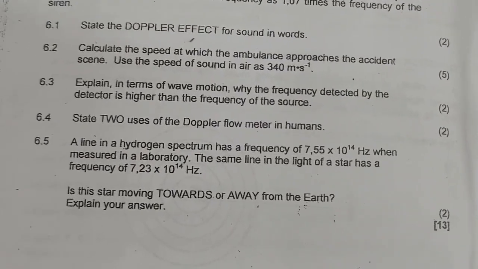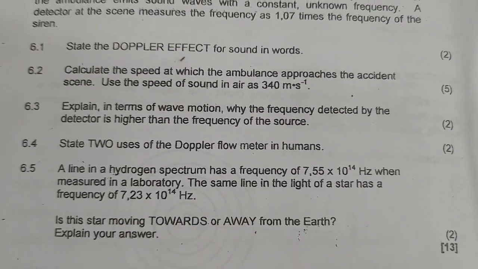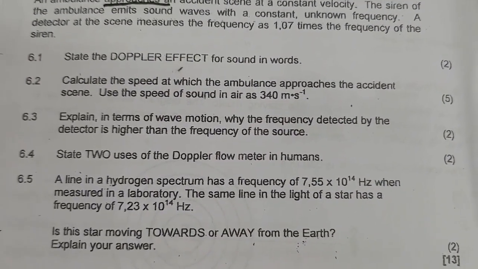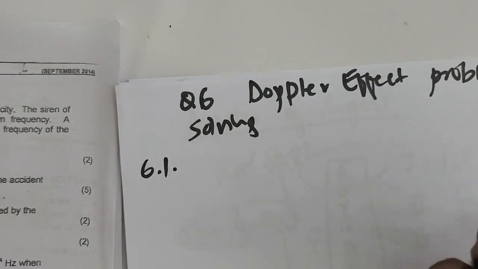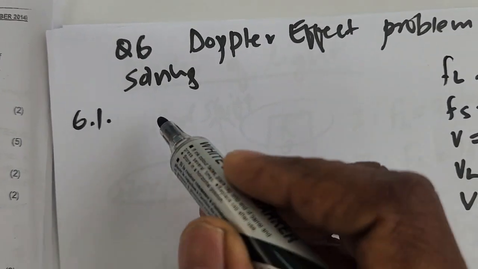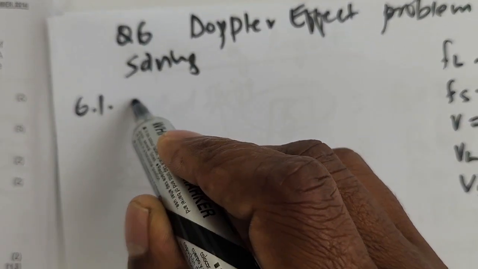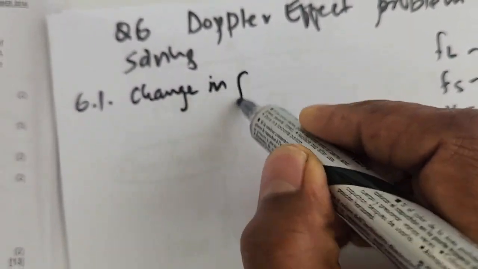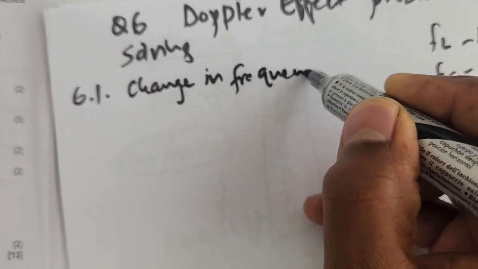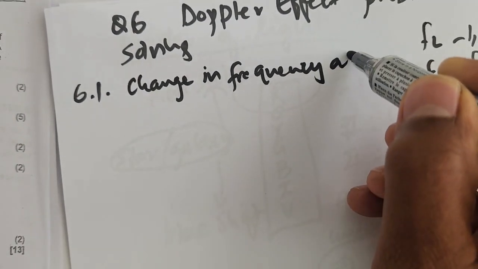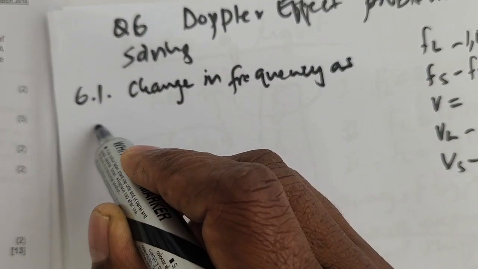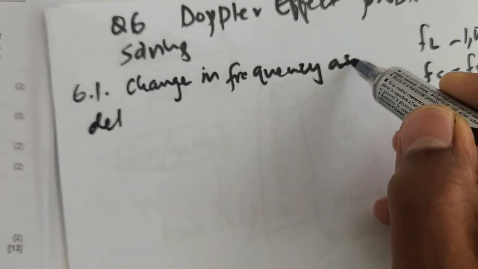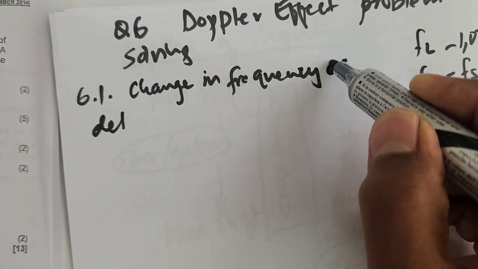The first question says state the Doppler effect for sound in words. There are two easy definitions that you can give. You say Doppler is just the change in frequency. That's the first part. Change in frequency of sound